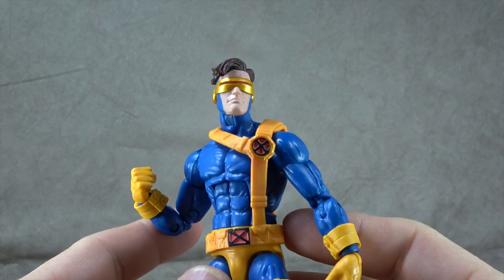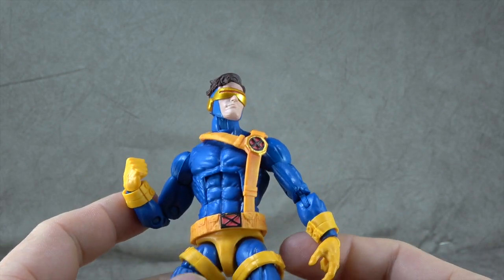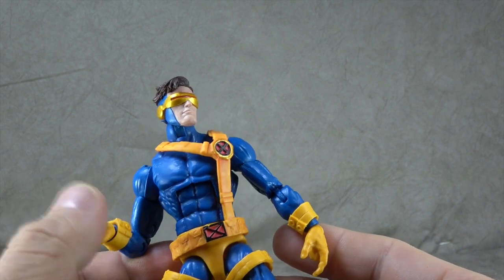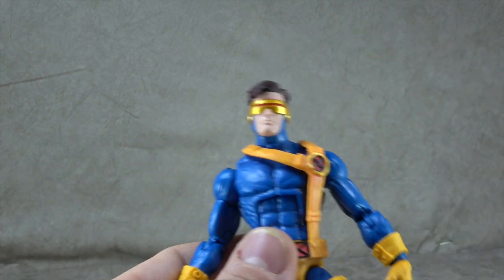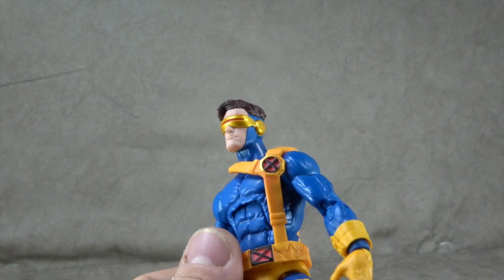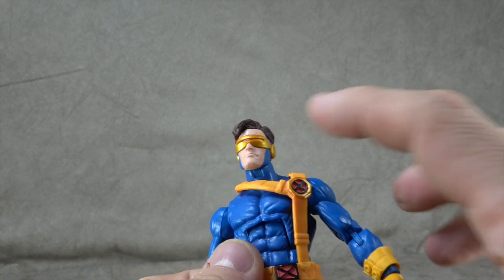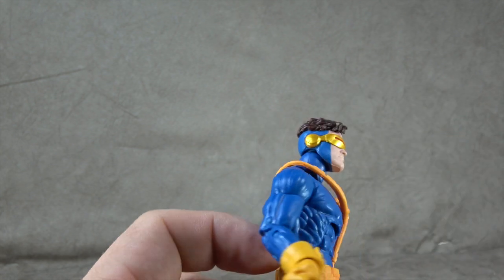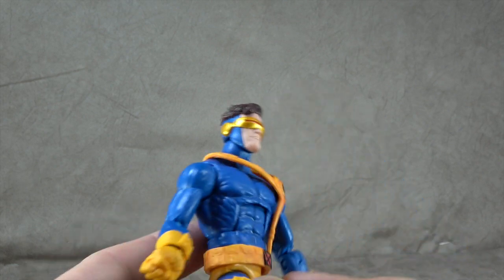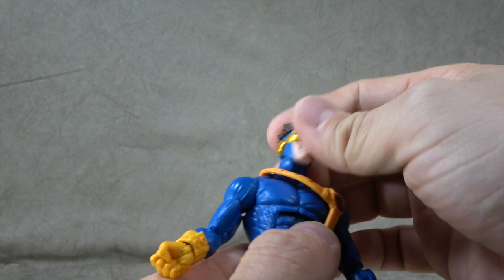And Cyclops, the long-awaited Jim Lee-styled Cyclops, which does a few things right and a few things dreadfully wrong. But we'll talk about it. So the head sculpt, I'd say, is pretty much perfect. Like the hair, it's painted, it's washed, the silver is painted, there's red inside, we got a little spill over the red on the forehead, not a big deal. No wash on the face, that's easily fixed. Otherwise, looks good. Looks good on the peg for the most part, which is a